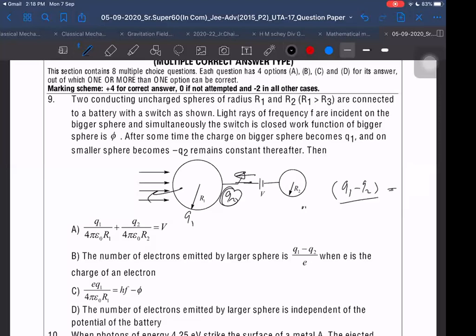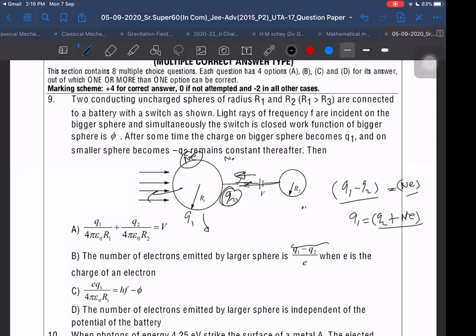Then what is the charge on the n number of electrons, let us say, left? If n number of electrons left, then it will acquire some positive charge also. So some positive charge it is acquiring because of leaving of electrons, and Q2 positive charge it is acquiring because of the transfer by the battery. So what is the total charge acquired? Total charge because of charge transferred Q2 plus because of electrons leaving Ne. Therefore, write only Q1 minus Q2 upon e.